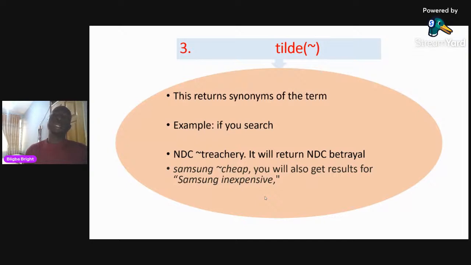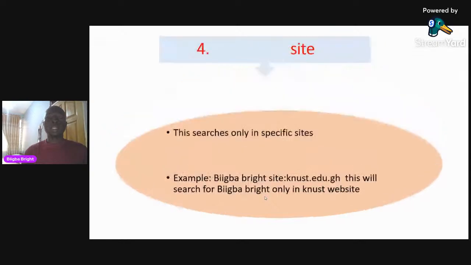So it means you are searching for the synonyms of the particular term. So it will return Samsung inexpensive, and then that's what that means. Then we also have site. This kind of search, you are searching in a specific site and you code the site there. Example, Big Bap, right? Site KNUST, or